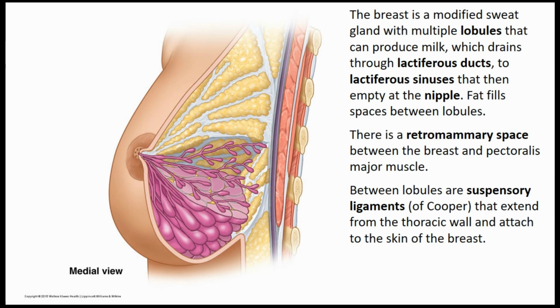Now, before we leave the thorax, we need to talk about an organ or a structure related to the skin on the anterior thoracic wall, and this is the breast. Now, in a systemic anatomy course, we'd probably talk about the breast in response to its role with either the skin or the reproductive system. But since we're working through this in a regional way, the best place to talk about it is actually here